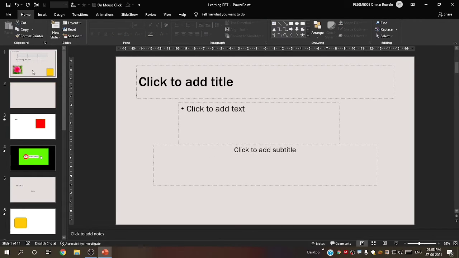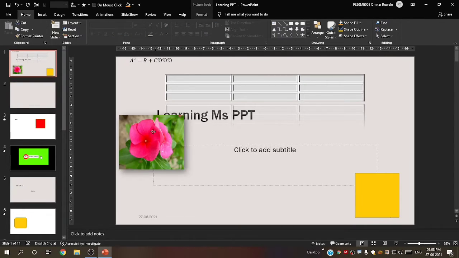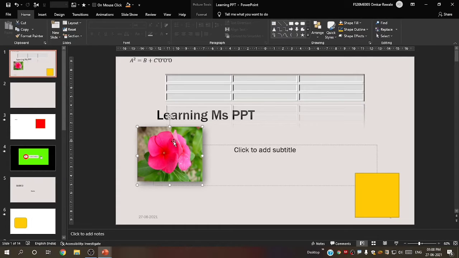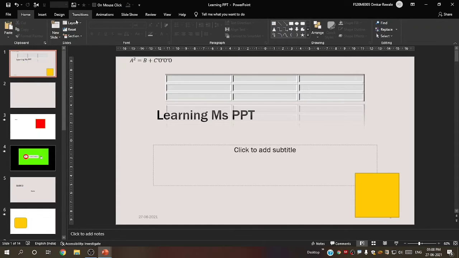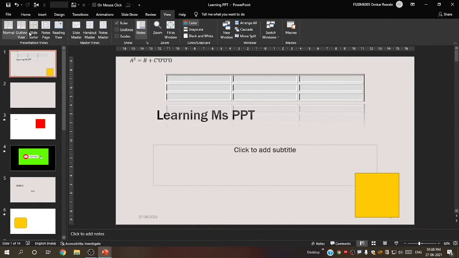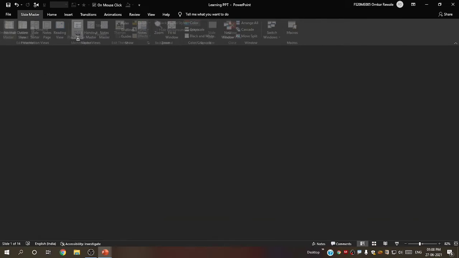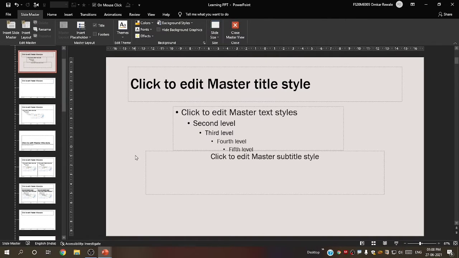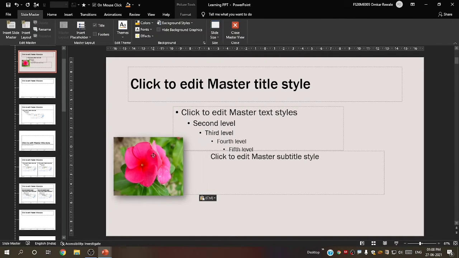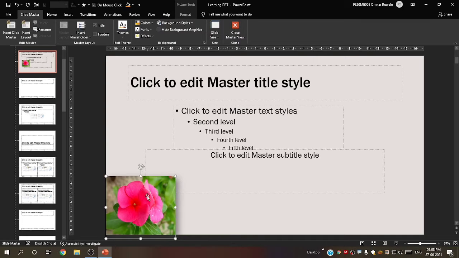Now you can use it if you want this picture as a default background. So let's say I cut this picture. Then again I will go to View, then go to slide master. I press Control plus V to paste it. Now I will just move it over here somewhere.